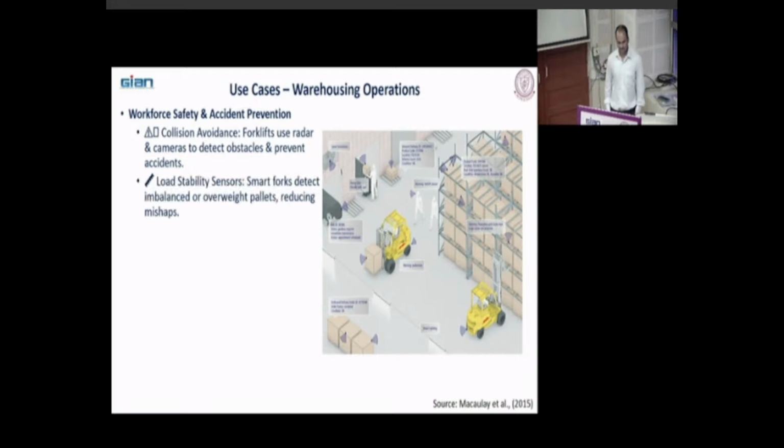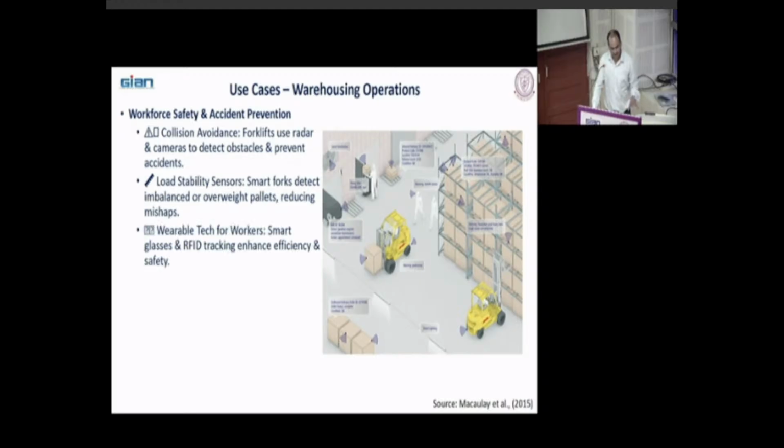Load stability sensor: smart forks detect imbalance or overweight pallets, reducing mishaps. Smart pallets: if there is an imbalance while loading or unloading those pallets, it will tell you that the pallet is not properly loaded, and similarly it could happen with your smart forklift trucks as well.